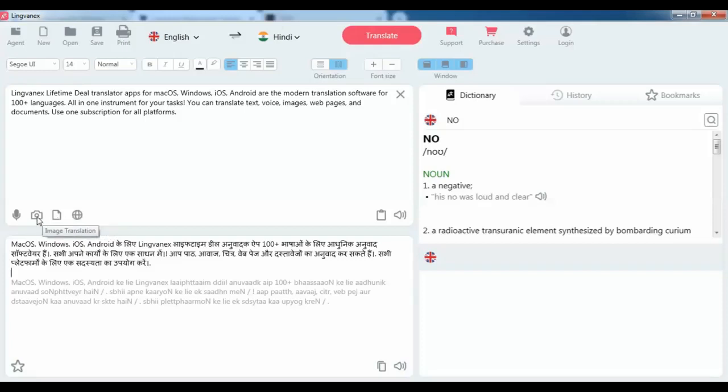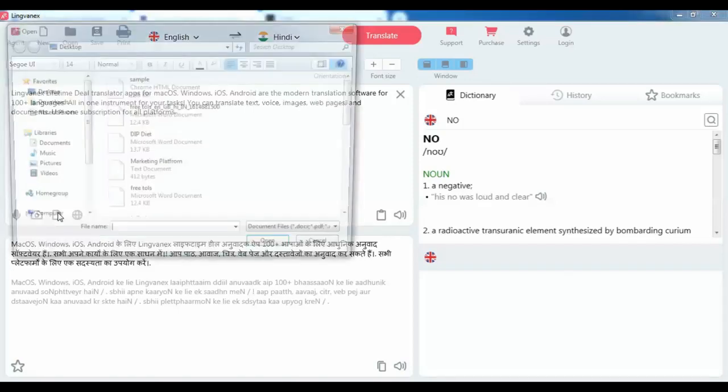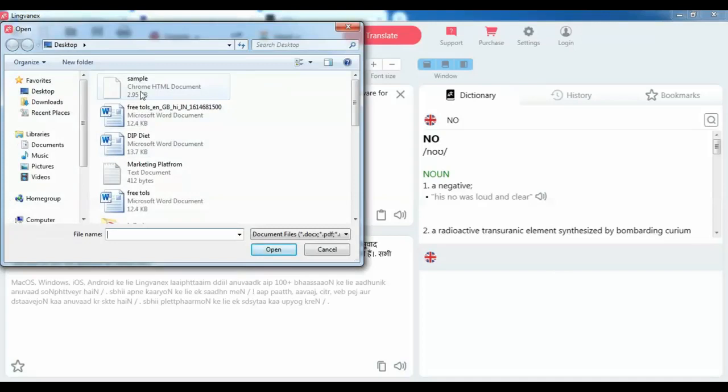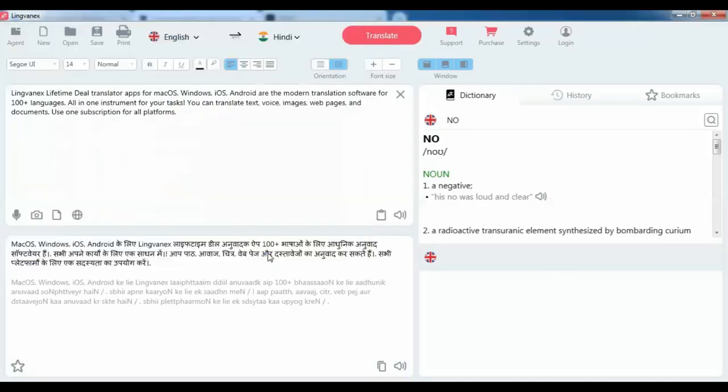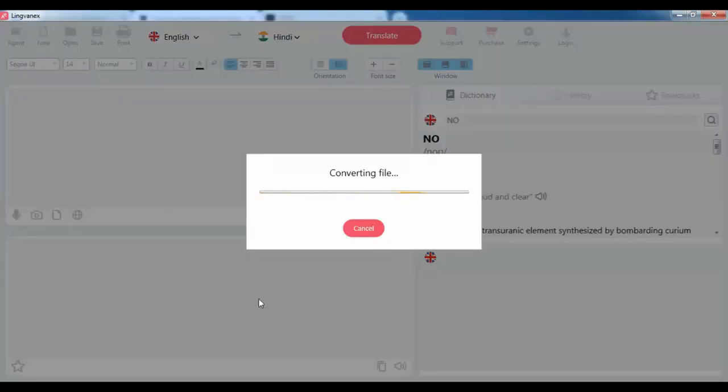You can also translate images, document files, and your website through any URL. So I'm going to show you a demo of a document file. I have one sample file which is available in PDF. I've selected it. Now as you can see, it is converting the file.